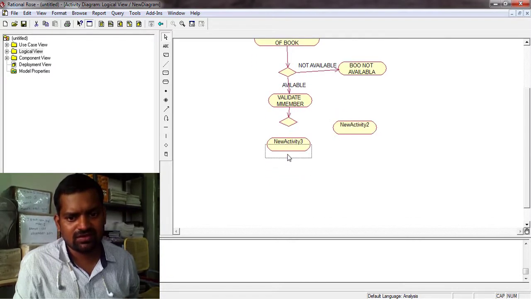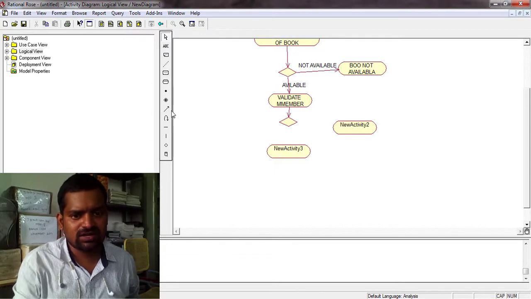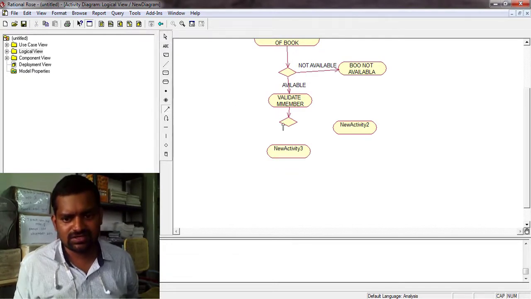Again you can draw the diagram. If it is valid, you write "valid member."